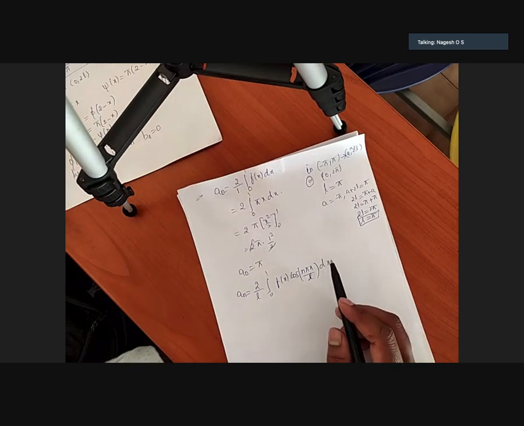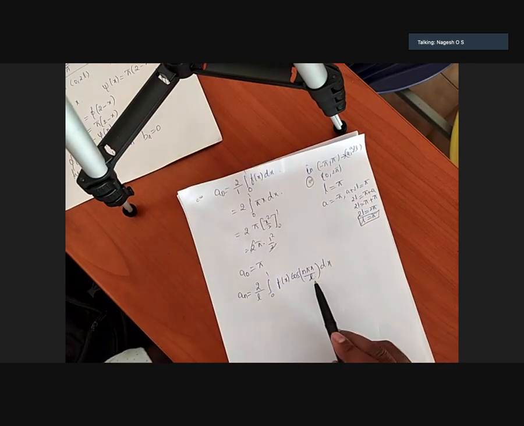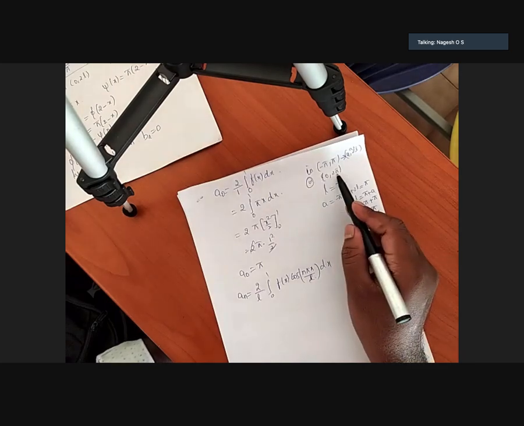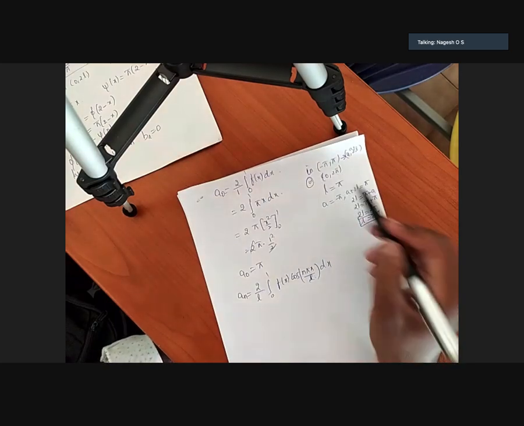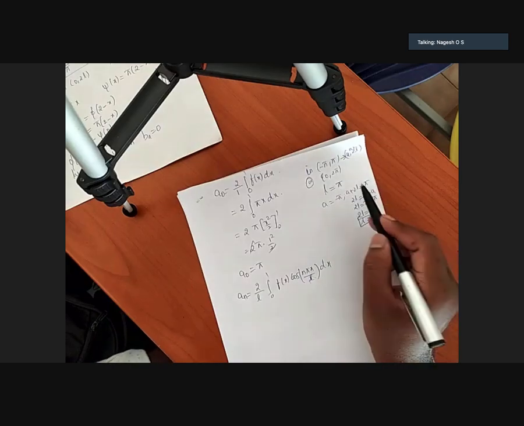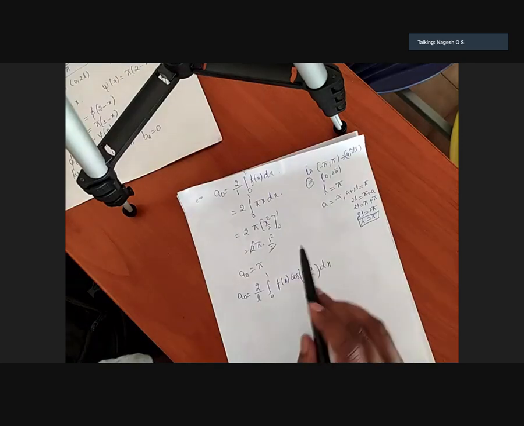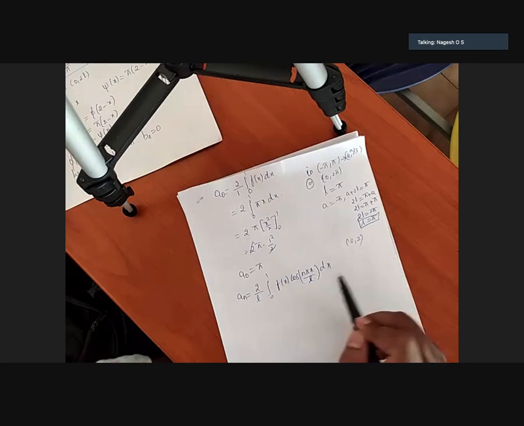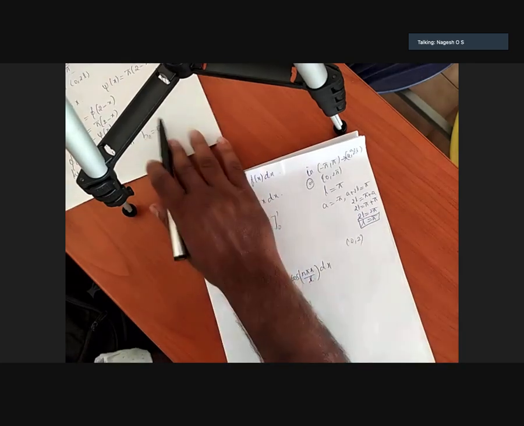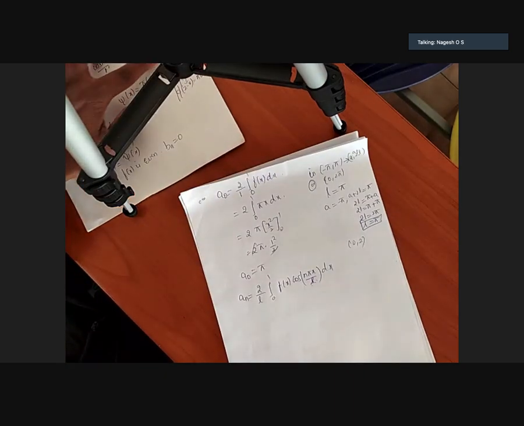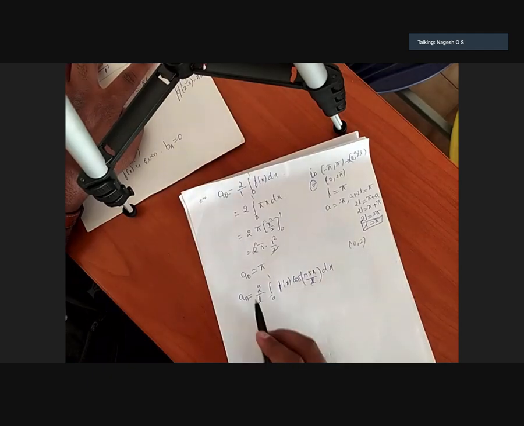So in previous limits, minus pi to pi, 0 to pi, we used to directly write L value as pi. Here 0 to 2 pi, same thing. 0 to 2 pi, a value is 0, a plus 2L value is 2 pi. So L value is pi. But in this problem, it is between 0 to 2. Therefore, we calculated L value. We got L value as 1.